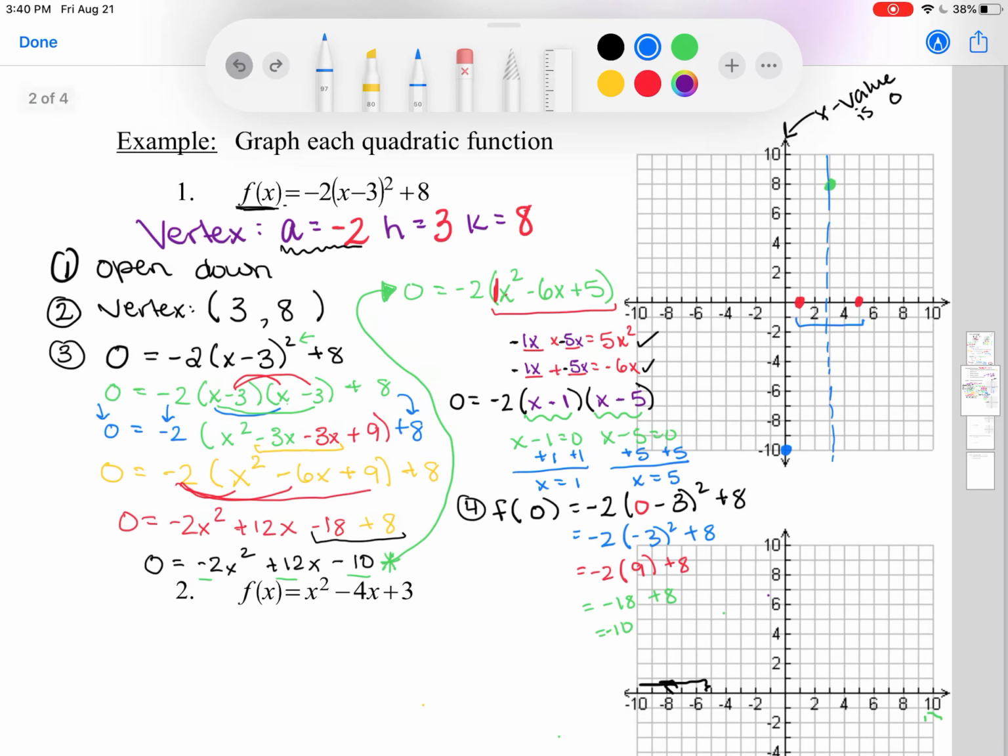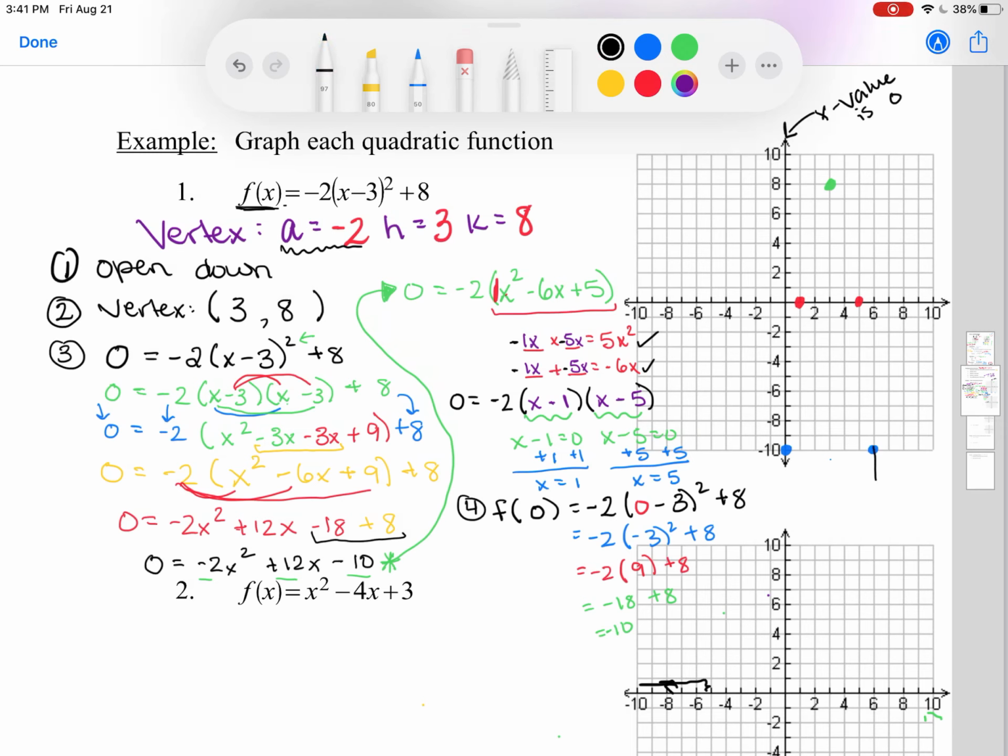So if I go back here, if I have this point at 0, negative 10, and it was 3 units to the left of my vertex, then I can have the exact same point on the right-hand side of my vertex that is also 3 units, but this time to the right. So I can put another point, we call that a reflection point, at the coordinate 6, negative 10. And with all that information, I have 5 points that can allow me to have a perfect graph, a